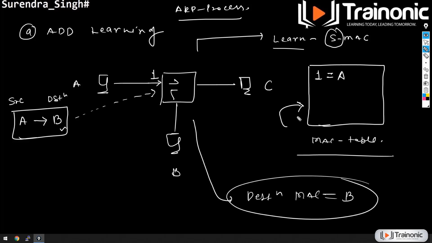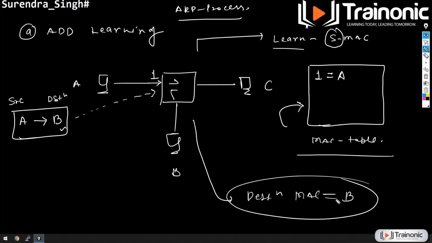So first function, the switch will learn the source MAC address and install it in the MAC table. Second, the switch will look up the destination MAC address in the MAC table. If it finds the entry, it will forward the frame. If it does not find the entry in the MAC table, it will not drop the frame, it will flood the frame.